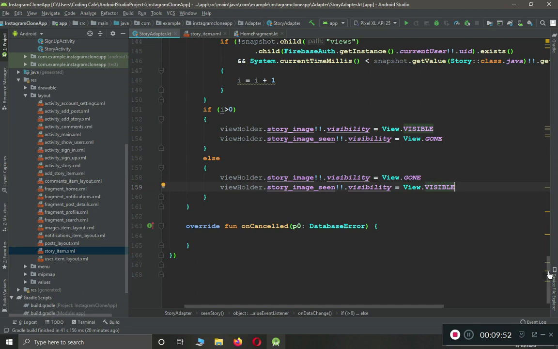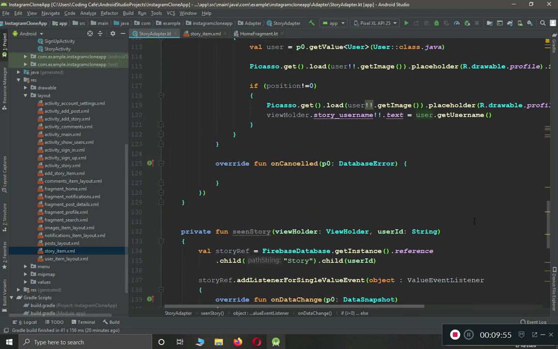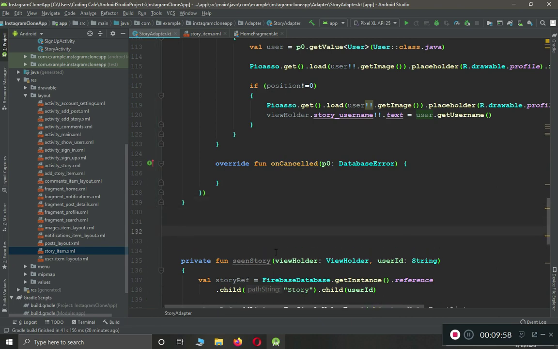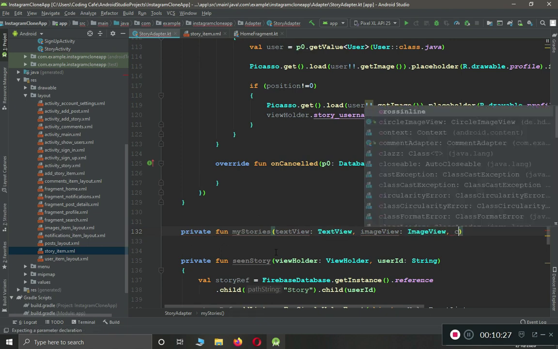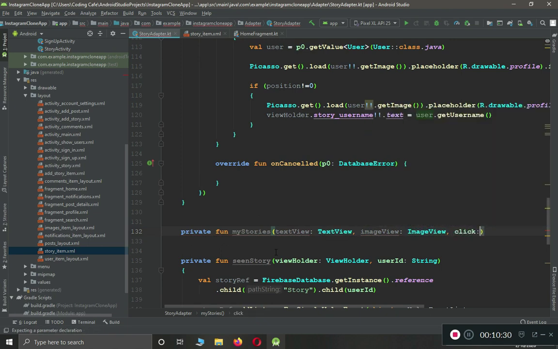And now the next thing is we have to create another function in which we will differentiate between the online user's story, that is, let's say my story, and the other stories, and also display a dialog box in case I have already uploaded any story, which will ask the user, do you want to add a new story or see your own existing story. It will receive 3 parameters, okay. The third one will be click, and it will be of boolean type, and inside this function